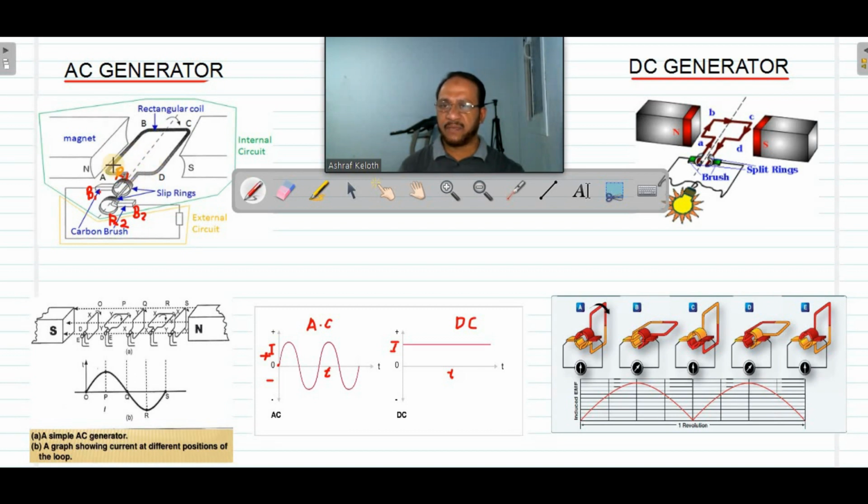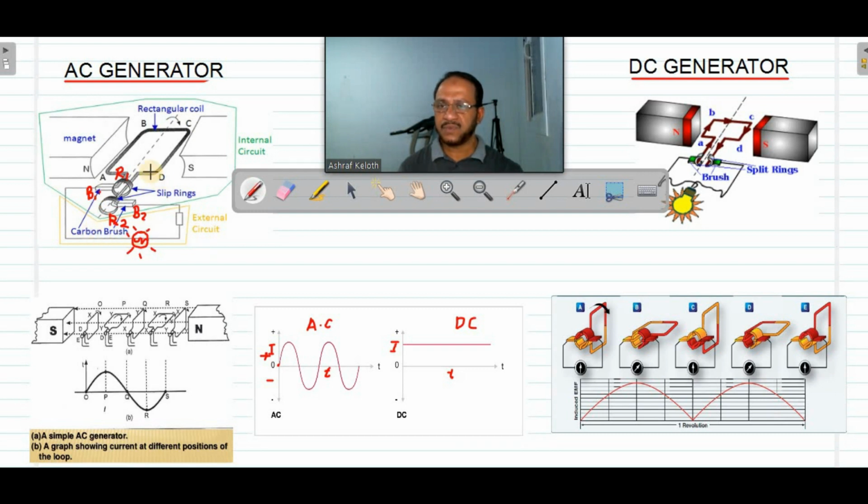So this is the first part of the generator, a rectangular coil of insulated copper wire. The two ends of the coil are connected to two rings, R1 and R2. Ring R1 is in contact with the brush B1, ring R2 is in contact with the brush B2. And from the brushes B1 and B2 we can take the output circuit. In the output circuit you can connect an electric bulb, or any other device. So when the generator works, it will give light because of the electricity flowing through the external